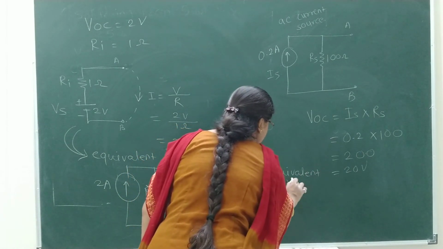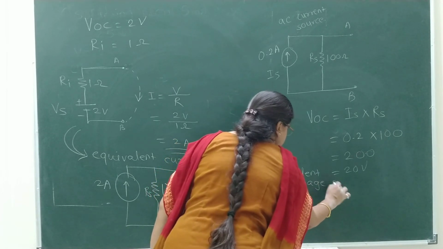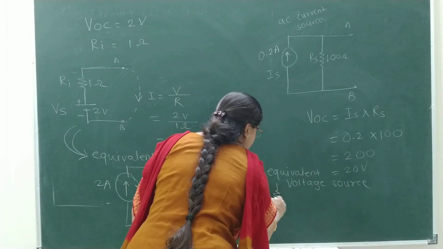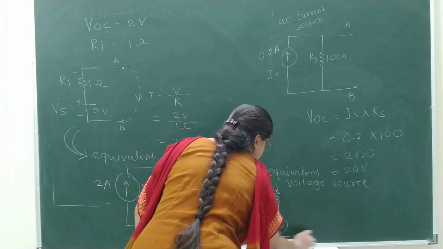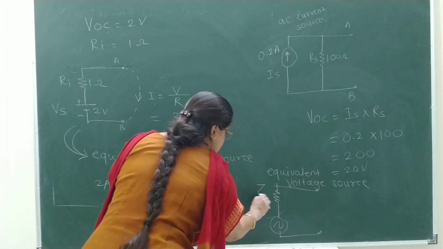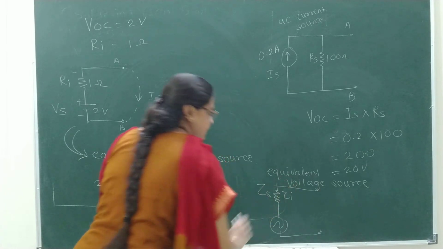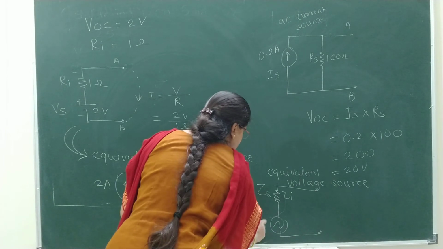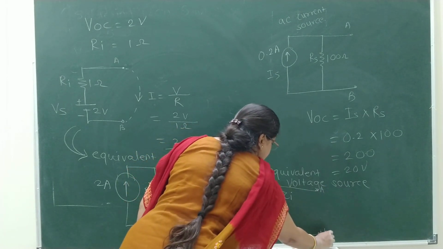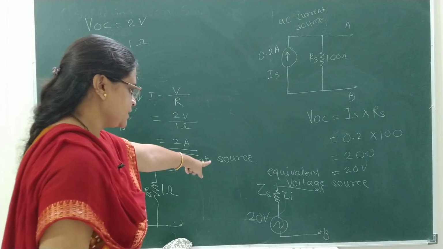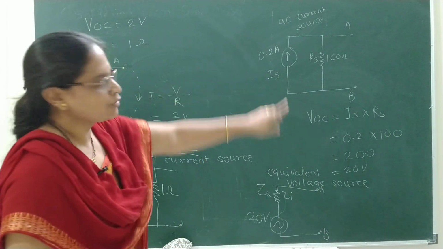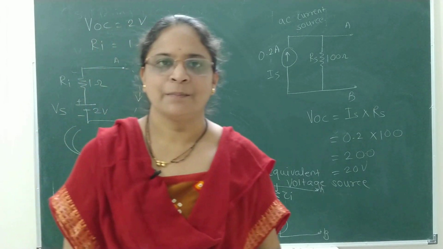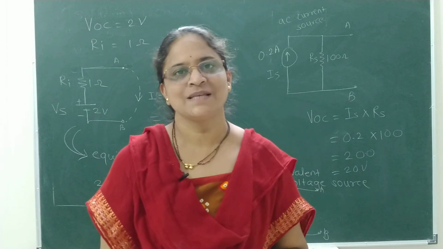So how to represent it as equivalent voltage source? Here it is, equivalent voltage source. Connect internal resistance in series with voltage source as it is the internal resistance. So this is ZS or ZI, internal impedance, as it is mentioned to be AC voltage source, AC sign, and how much voltage is essential? That is 20 volt. In this way, equivalent voltage source can be obtained if we calculate the open circuit voltage. So this completes the numerical part based on basic concepts of basic electricity.